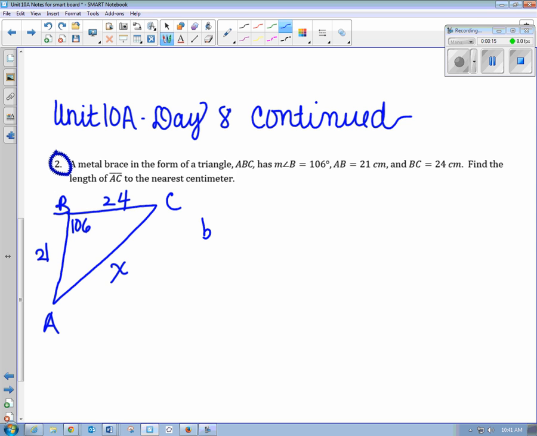So in this particular case, I would use B squared equals A squared plus C squared, the two other sides, minus 2 times AC times the cosine of angle B. Plugging in what I know, I have X squared equals